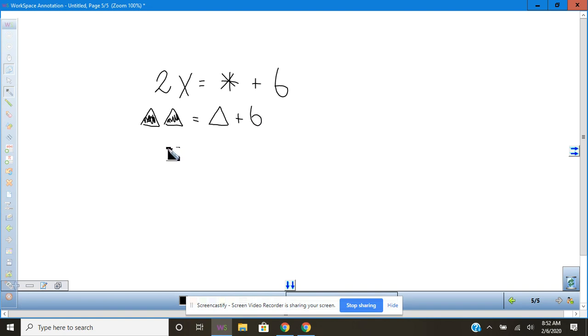And the way we're going to do that is by creating a zero pair on the opposite side, because this is what we want to get used to. So I'm going to put a zero pair, which is a white and a blue pawn, or a shaded and an unshaded triangle. And now I have two of the same thing, one on each side. So I can get rid of that on each side, which leaves me with 3 x's